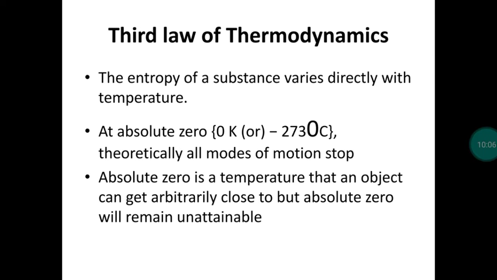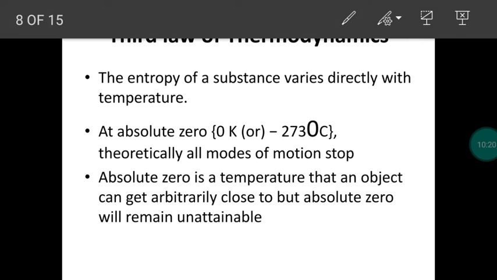Absolute means zero. So, will we have any substance with zero entropy? Entropy is a measure of randomness. Generally, entropy is directly proportional to temperature. So, entropy value will change with the temperature. We consider ice. When ice melts, randomness increases, temperature increases, entropy also increases. At 0 degrees Celsius, water is existing as ice, so randomness is very less, entropy value less.